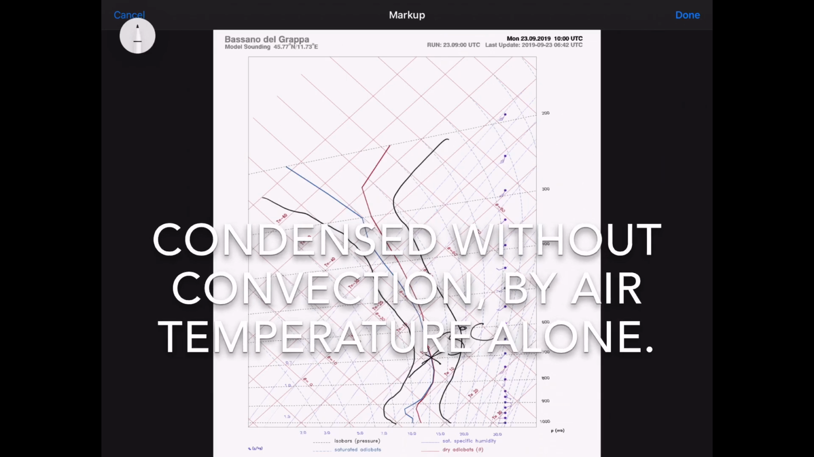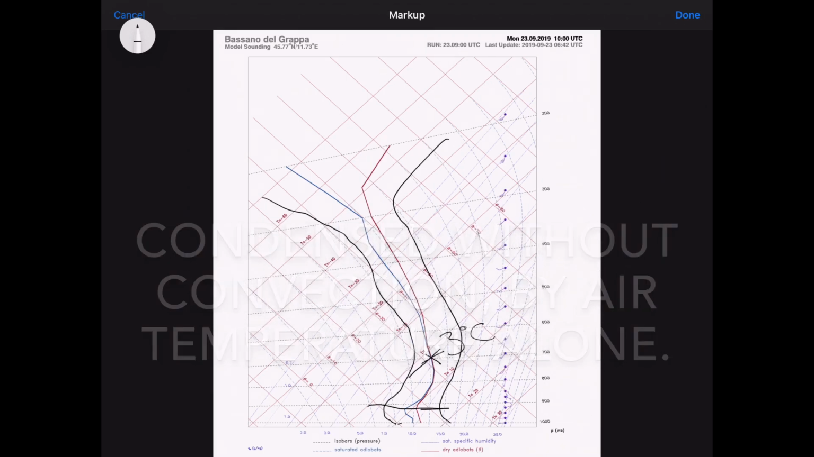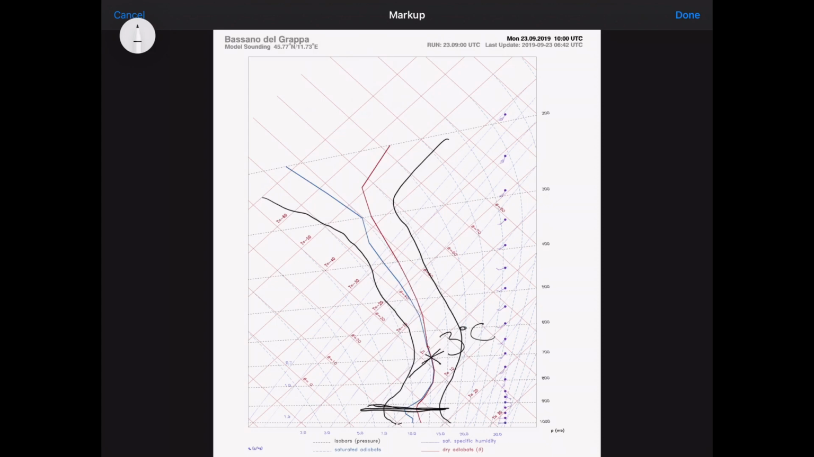So I would suggest that from here to at least here is compact cloud and possibly rain. Above that, the spread is very small, and I wouldn't be surprised if it's cloudy and rainy all the way up to